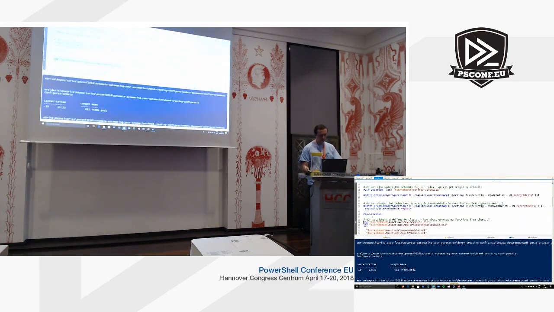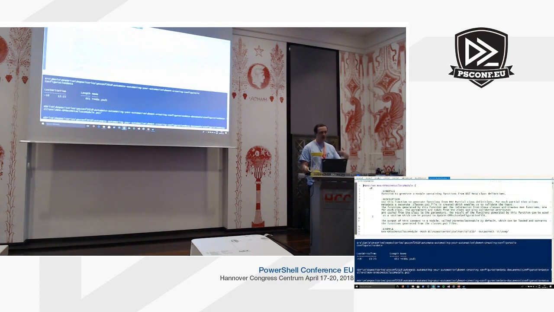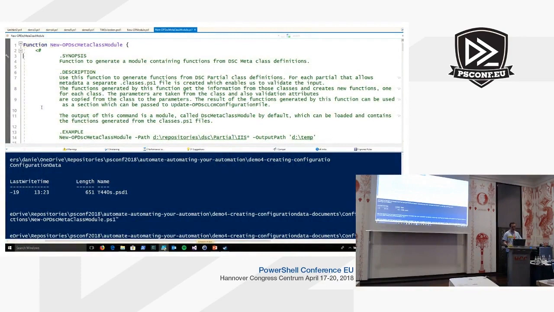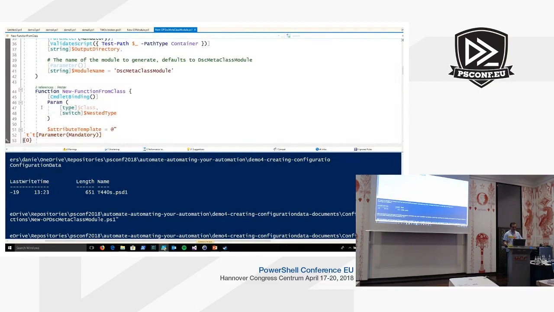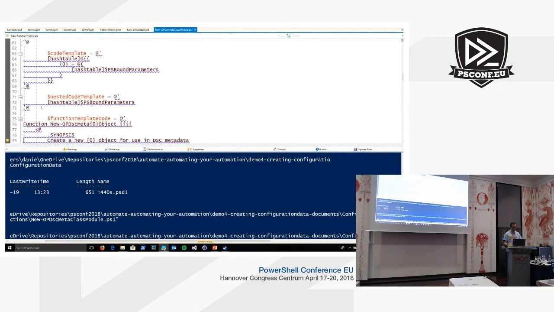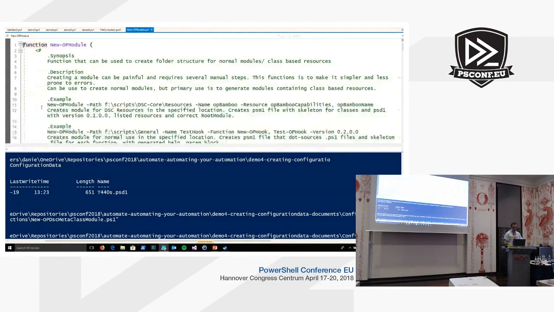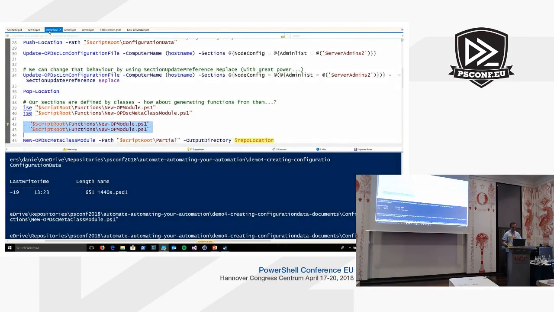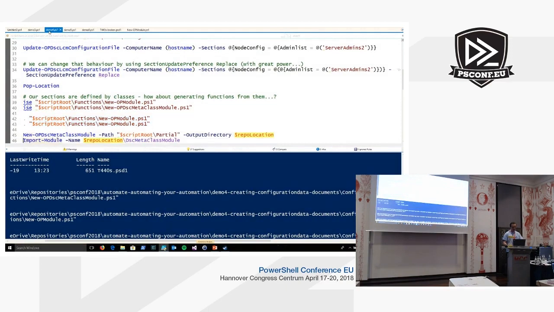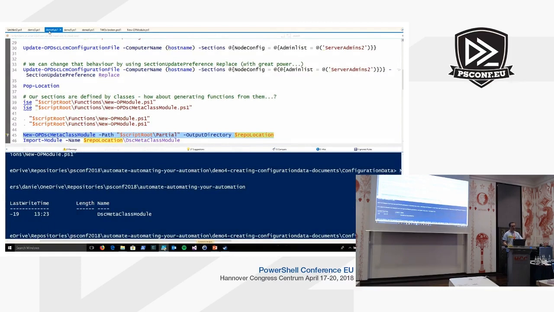And if we go further to the commands that we actually use, the one that I mentioned, that we generate those modules rather than write them manually based on the classes, we can just see those commands here. It's pretty nifty, all authored by Daniel. A lot of smartness went into this one. Let's try to run it because we are out of time, so no time to actually read the whole code. But again, it will be public later, so you can see it for yourself and maybe tell us where we can do better. And if we now generate the module, so just with a single run like that,